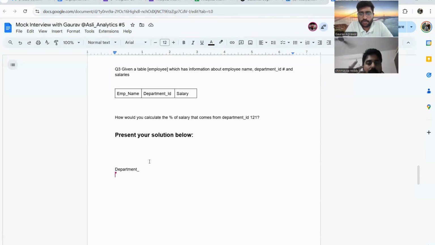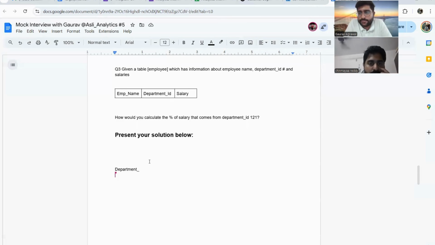What will happen with the running sum? You need the total sum. I'll not partition by department ID. The approach is to find the department-wise sum of salaries, and then the total salary in one column, so that I can divide both to get my percentage of salary. Perfect.